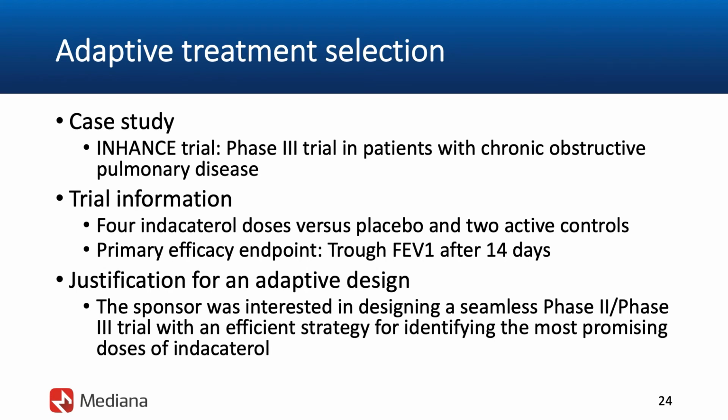The first stage corresponded to a dose-finding phase 2 trial, and it was actually a 7-arm trial. There were 4 doses of indacaterol, which was the experimental treatment, and they were tested versus placebo as well as 2 active controls. A single interim analysis was employed, and it was used to assess the efficacy of those 4